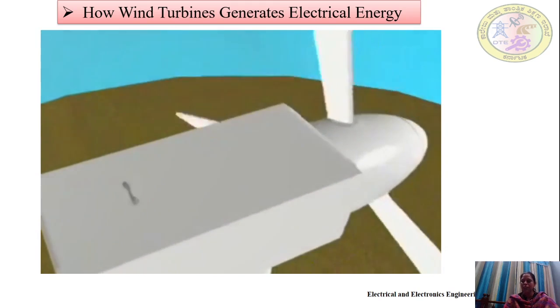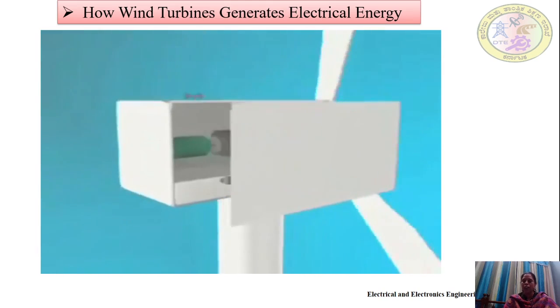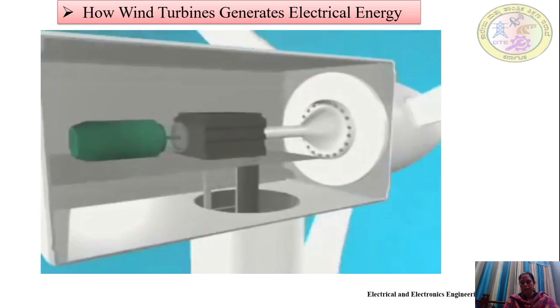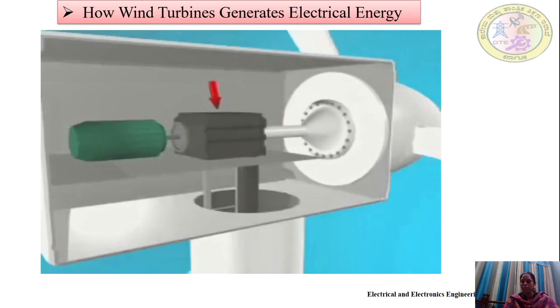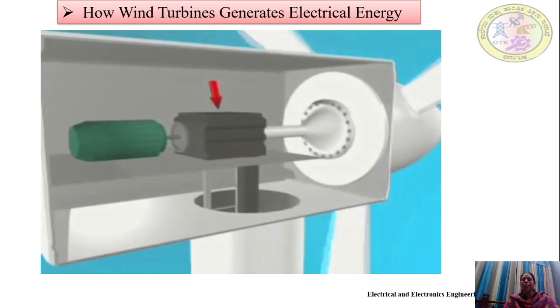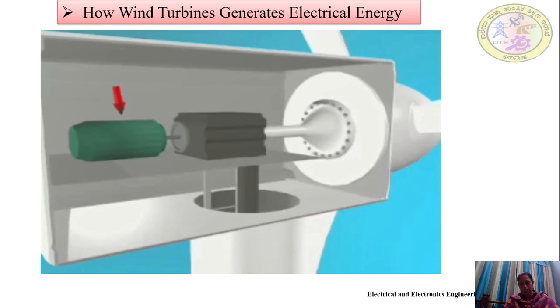The energy in the wind, called kinetic energy, turns the turbine blades around the rotor, creating mechanical energy. The rotor connects to the main shaft, which turns inside the generator housing. Here a magnetic rotor spins inside loops of copper wire. This causes electrons inside the copper to flow, creating electrical energy, what we call electricity in our daily life.